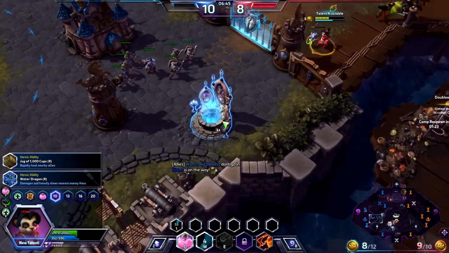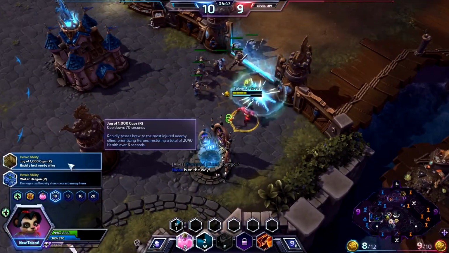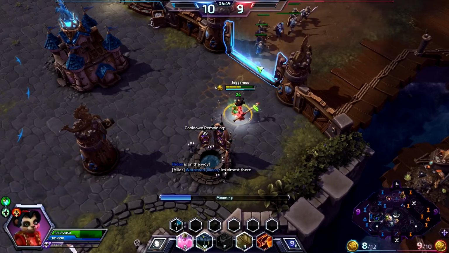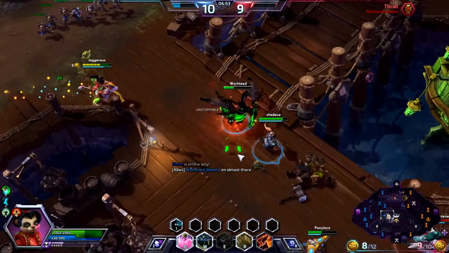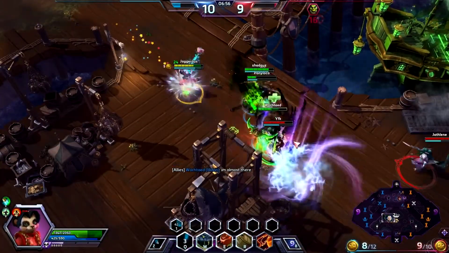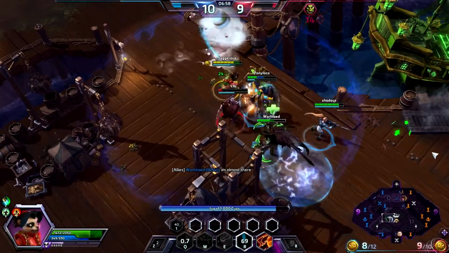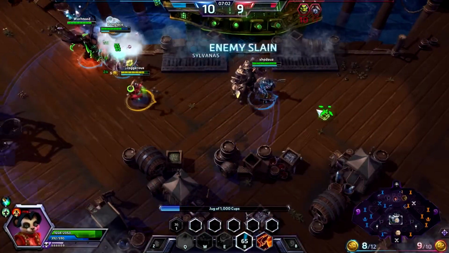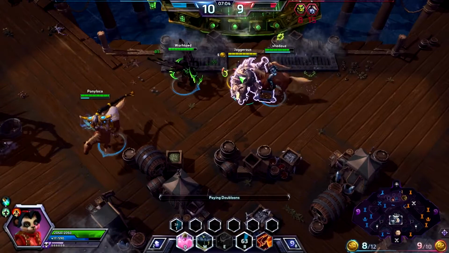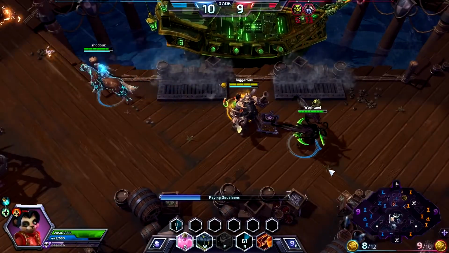Jug of 1,000 Cups is your healing ultimate. I sometimes accidentally pick Water Dragon, like I did in a previous recording, and it was just the worst healing build ever. But this time we're actually picking Jug of 1,000 Cups, which I will demonstrate for you now. So you see everyone in the circle is getting healed. You can get stunned out of this. This is one of the primary problems with this ultimate, that you can get stunned out of it, and if they stun you out of your ultimate...